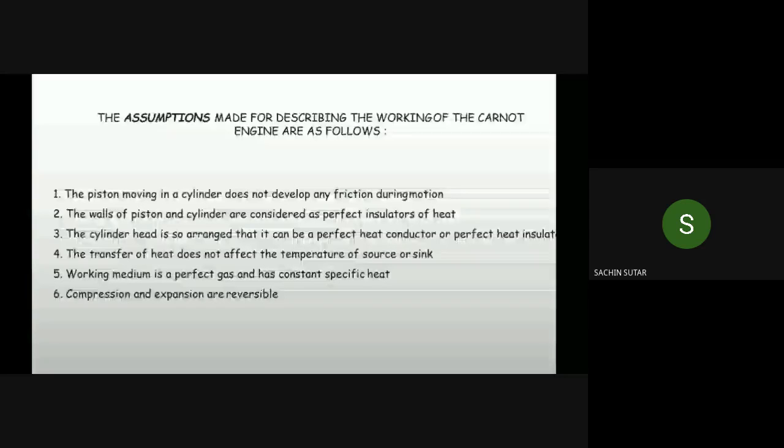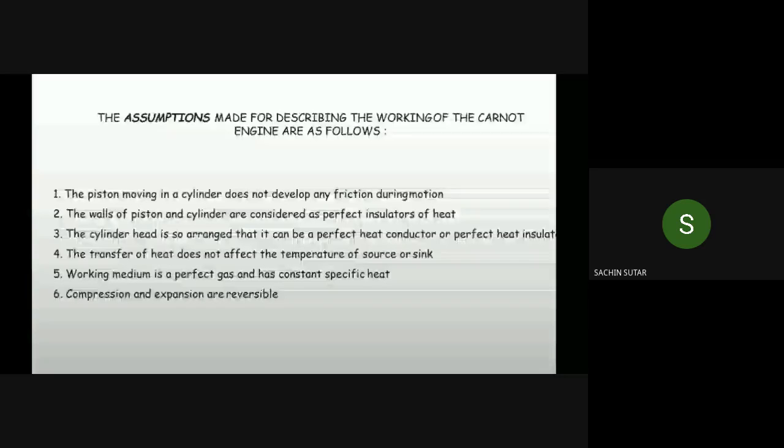And the piston moving as perfect insulators, the cylinder head arranged as a perfect heat insulator. The transfer of heat does not affect the temperature of the source and cylinder, which maintain their temperatures. The medium is a perfect gas in constant phase. Compression and expansion are reversible. So here two processes are assumed, that compression and expansion are reversible processes. Okay, and accordingly now we are discussing the four